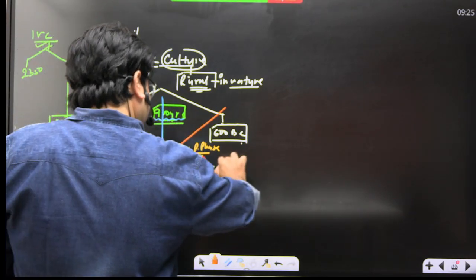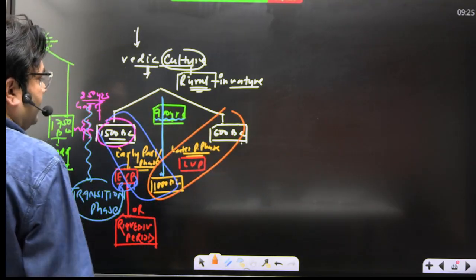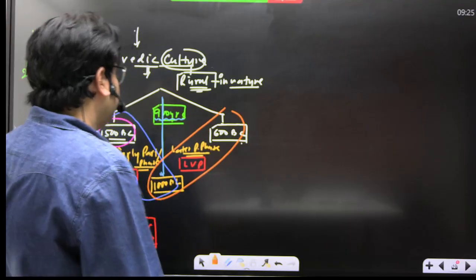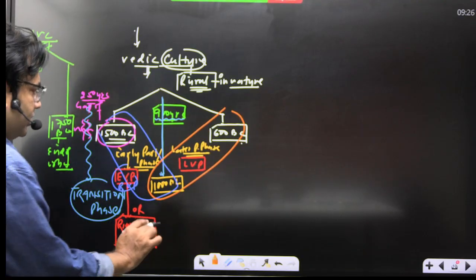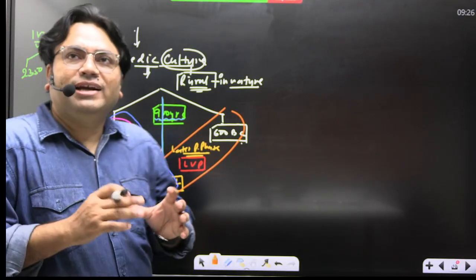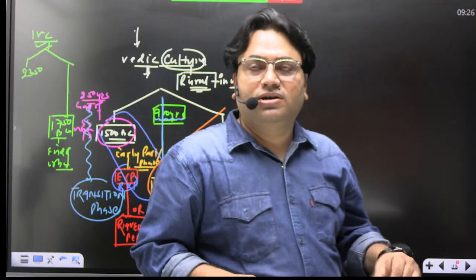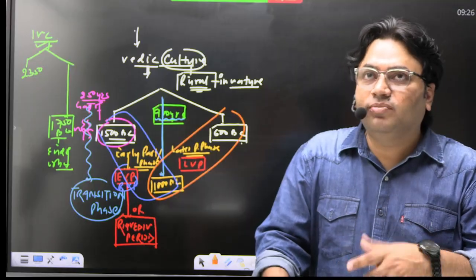1000 BC to 600 BC. Okay, so this is the early Vedic period. This is the later Vedic period. And most importantly, the exact date when iron was discovered is very difficult to guess because